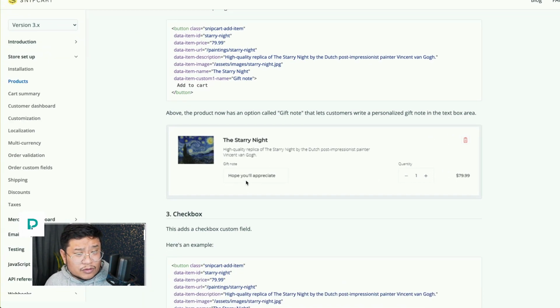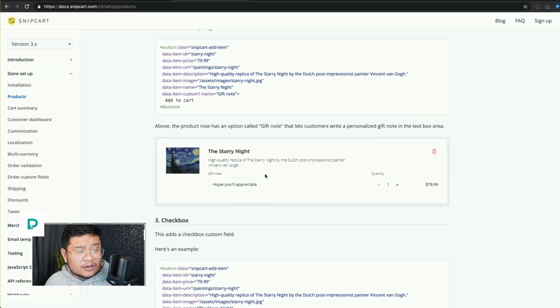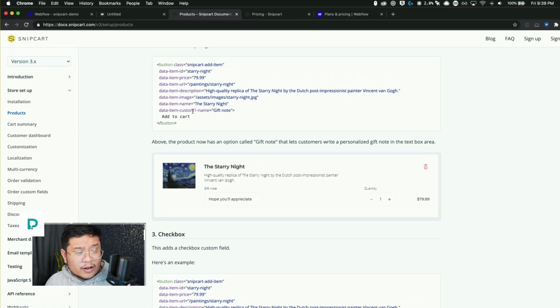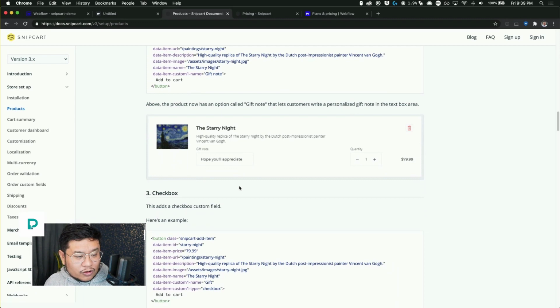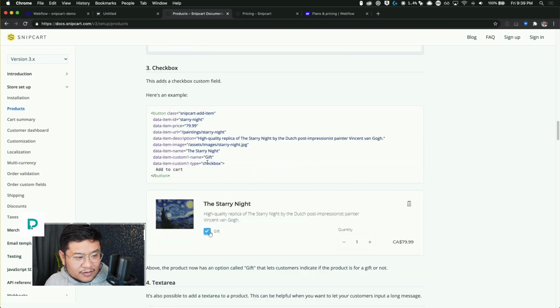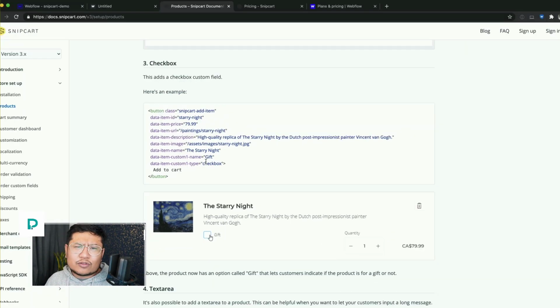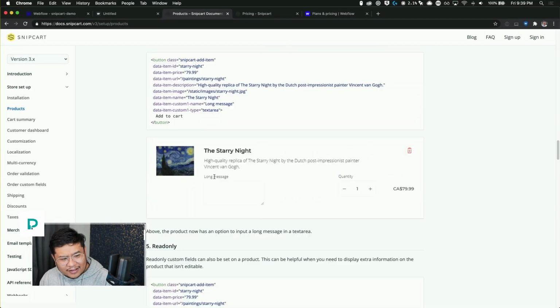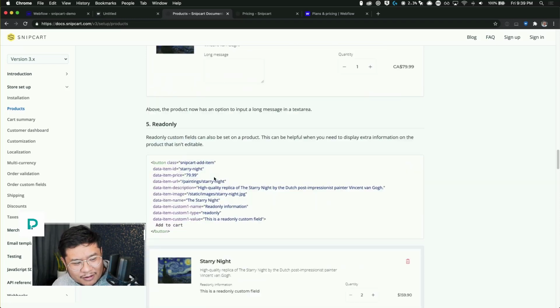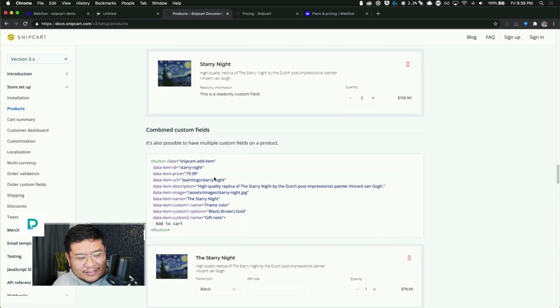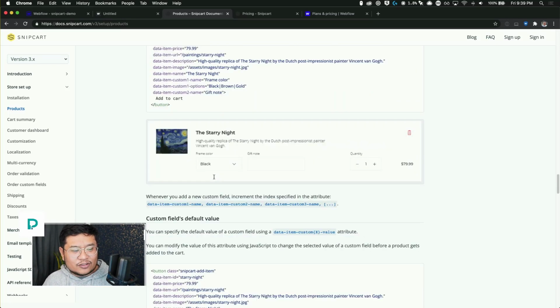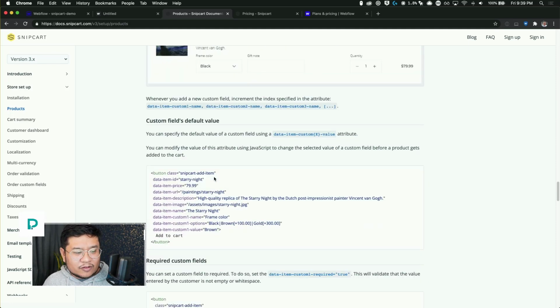If you need some sort of text box area, you can just say custom one name gift note and leave the option variants blank. Or you can do a checkbox and say gift, the name of your checkbox, and then the type would be checkbox. There's so many things you could do with this. It's pretty amazing. It's a lot of flexibility for the e-commerce experience that you want to give your users.